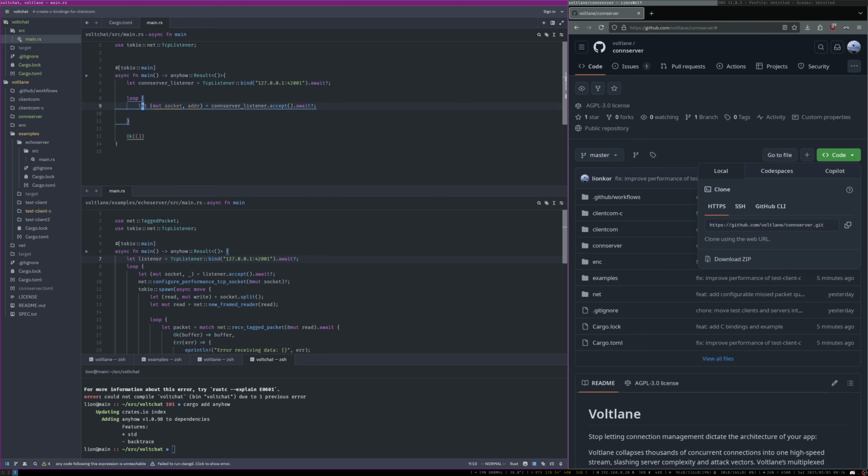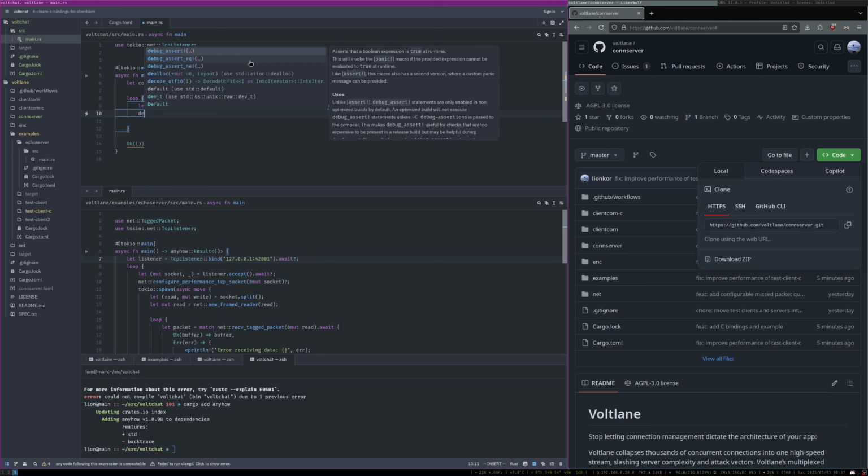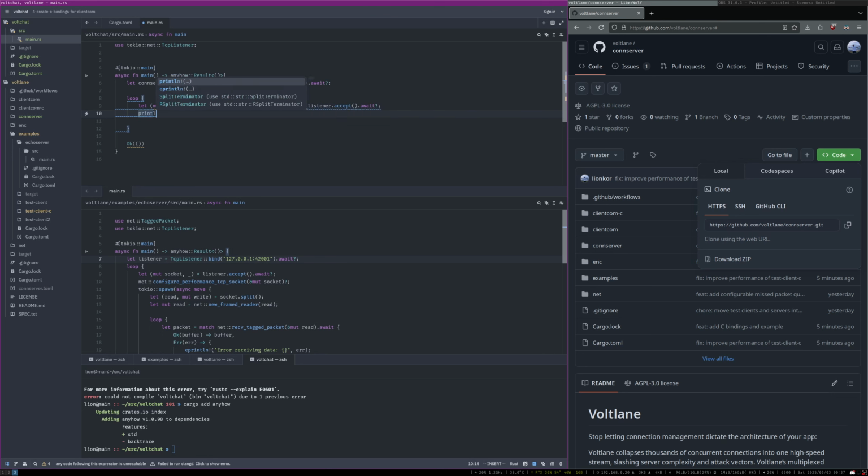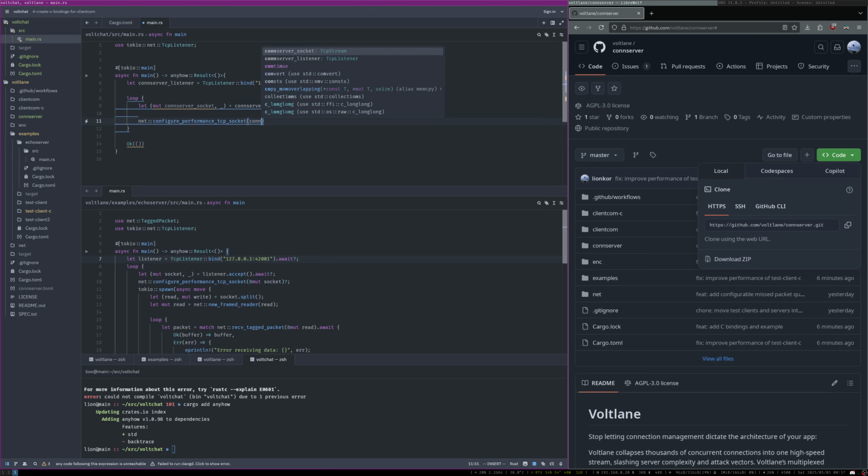Because this is literally just the conserver socket and the conserver ADR. And we're going to just do a little bit of a turn line. Well, actually, we don't care about the connection server. I misspoke. Okay, so now we do the first thing, which is net configure performance socket, conserver socket, just